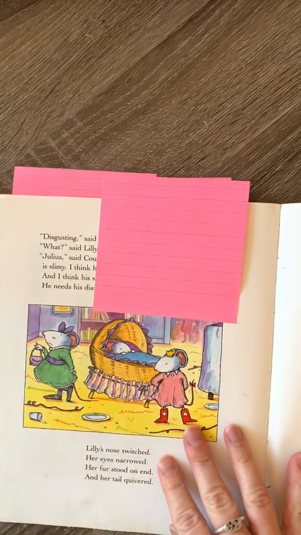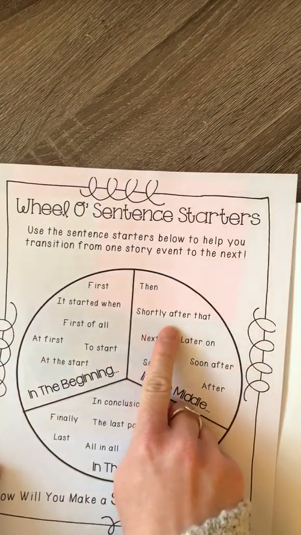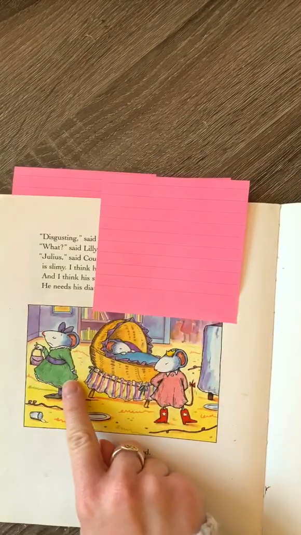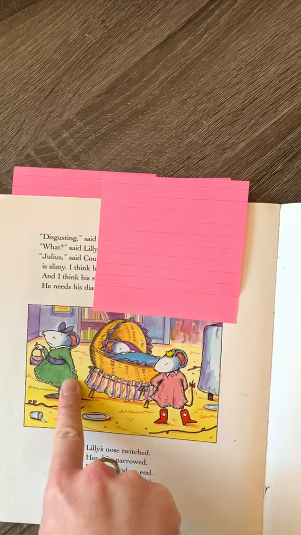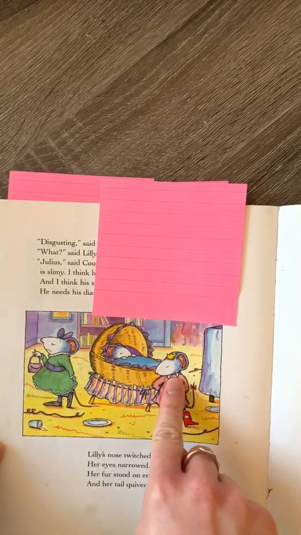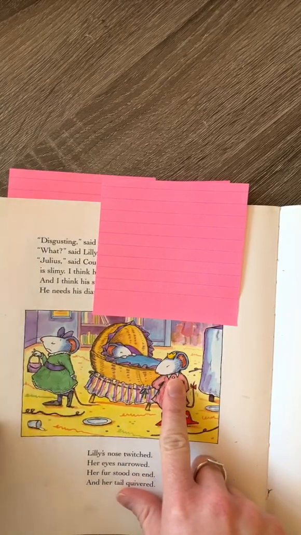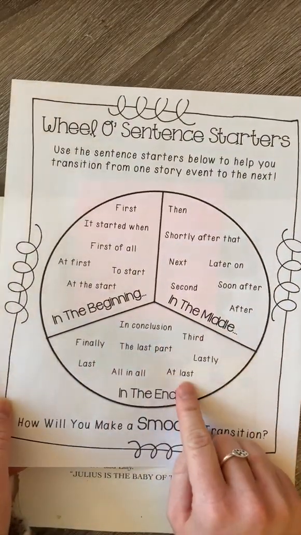Okay, here's another middle part. Let's see. Shortly after that, Cousin Garland called Julius disgusting. Ooh, Lily was not very happy about that. She got really mad at Cousin Garland. Okay, this is my very last Post-it, so I need to change to my ending transition words and say,